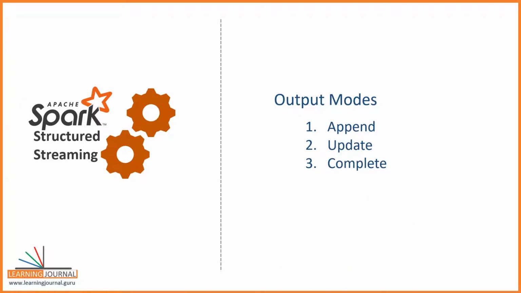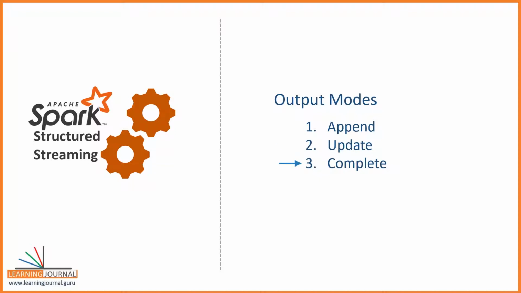Data Stream Writer allows you to specify 3 output modes: append, update, and complete. You can think of the append mode as insert only output. So, you will be using this mode when you know that you are not going to update any previous output, and each batch will write new records only. The update mode is like the upsert operation. You will see only those records which are either new or whose old value is updated. So you should be using this mode when you want to implement an upsert like operation.